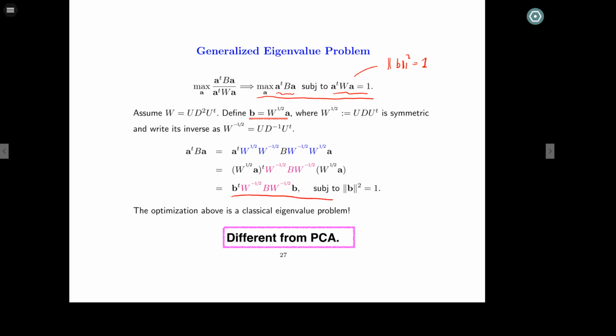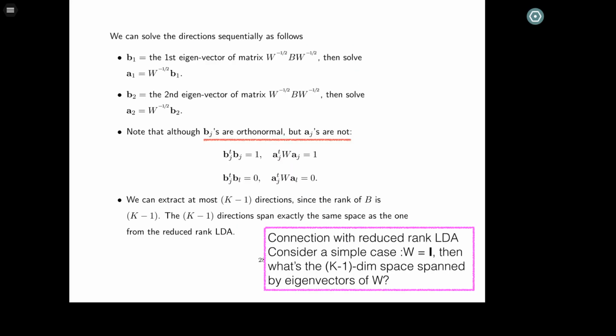So the problem becomes maximizing some quadratic function involving the vector B, subject to the constraint that this vector norm is 1. That's just an ordinary, classical eigenvalue problem, and we know how to solve it: the solution for B will be the first eigenvector of this matrix. So here's how we're going to solve those FDA directions. We first retrieve